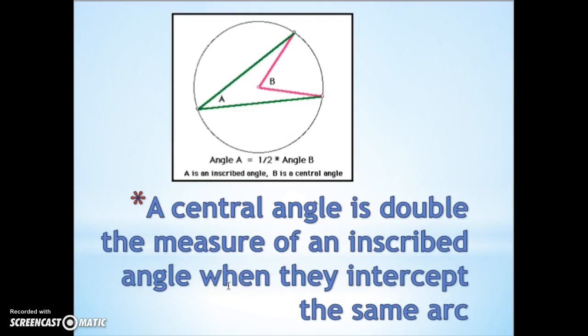Lastly, we're going to put a couple of these facts together. What if we have an inscribed angle and a central angle that happen to intercept the same arc? Well, by putting those other 2 facts together, we know a central angle is double the measure of the inscribed angle when they intercept the same arc. And that's true because the measure of the central angle is the same as the measure of the arc, and the measure of the inscribed angle is half the measure of the arc. So that means the measure of the inscribed angle has to also be half the measure of the central angle whenever they